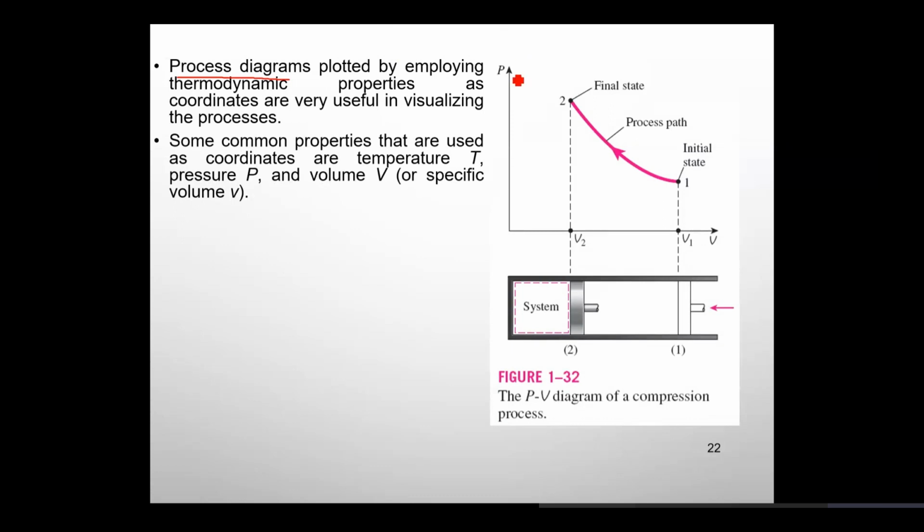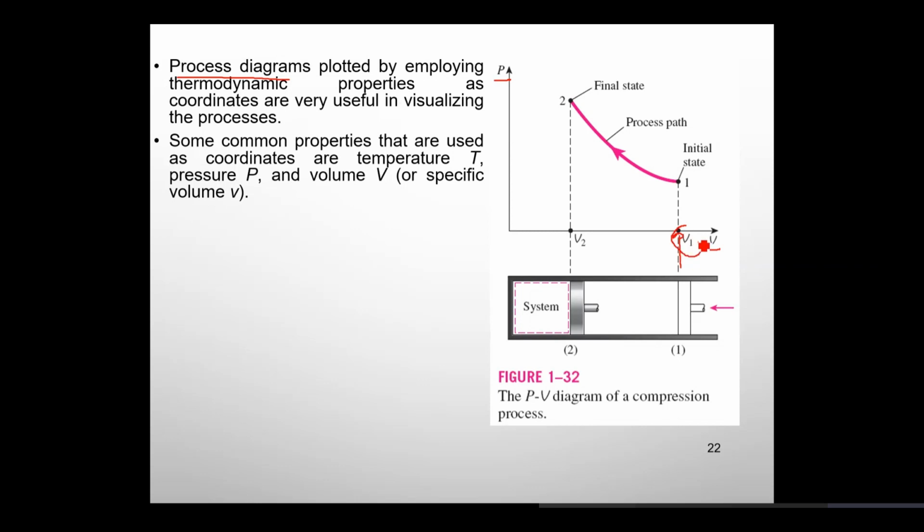Moving on, it says any physical process that you do can be represented on process diagrams. Process diagrams are nothing but two independent property axes that represent the process that is taking place. For example, if I am compressing a gas, that means I have a piston cylinder assembly. I initially have a higher volume and a lower pressure, and I now compress it to a smaller volume and a higher pressure. How to represent it schematically or graphically? You have these property diagrams in which one axis is one property and the other axis is the other property. So at state 1,